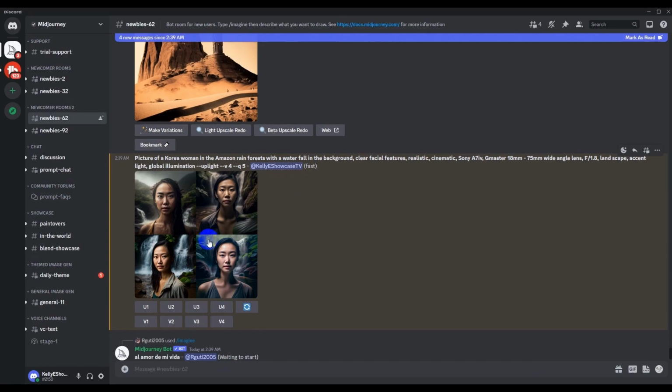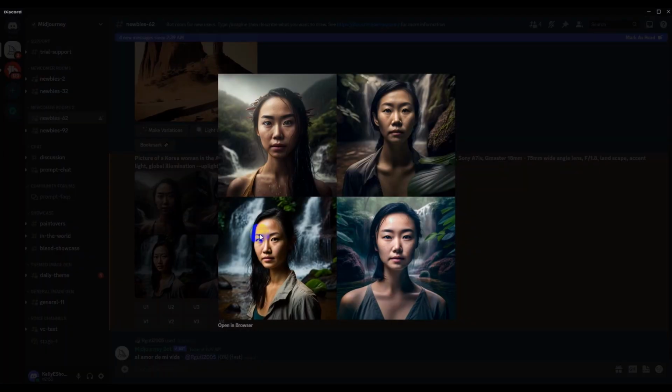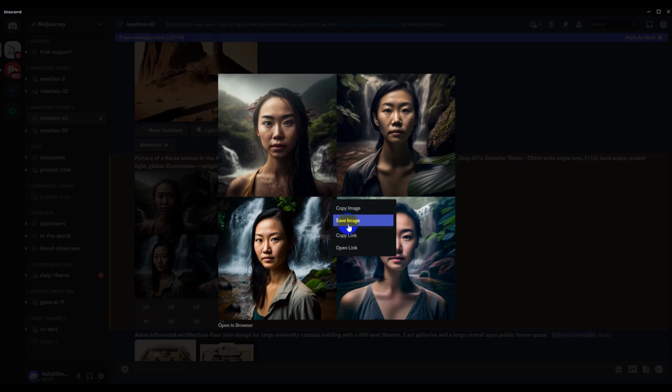It still didn't get what I wanted. Do you know what happened? At least maybe you can see a bit more of her body, but I want more. All right, let me say 18mm prime lens. Let's see what it's going to do.